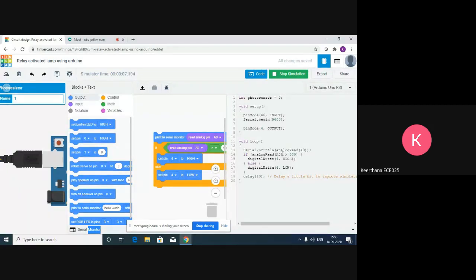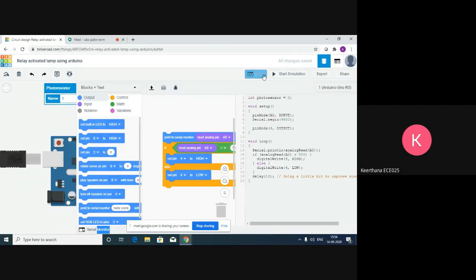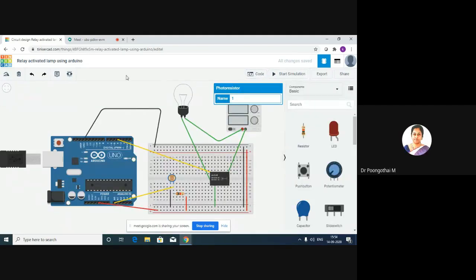Whenever I get the input greater than 500, the lamp turns on. Is the LDR passive or active? It is a passive sensor, ma'am, because it depends upon sunlight. Yes. Okay. So this is the condition that I have used. This is the block code. That's all, ma'am. Does an LDR have polarity? No, ma'am, an LDR doesn't have polarity. Okay, very good. Thank you, ma'am. Next one, Yokita Harini.